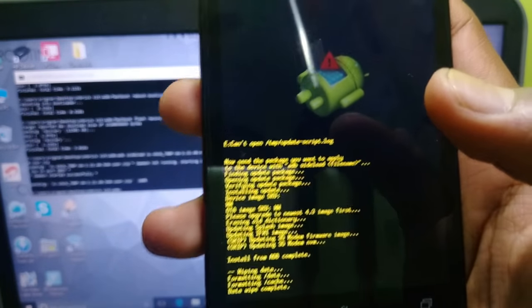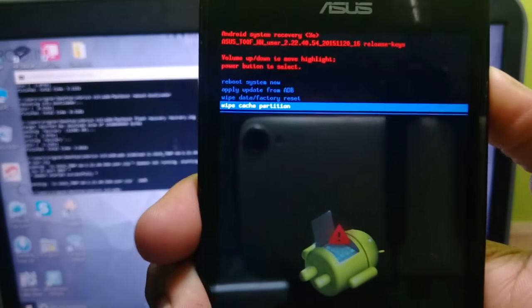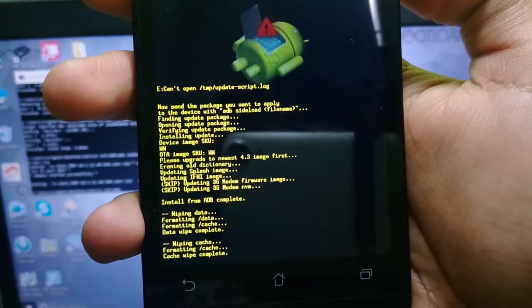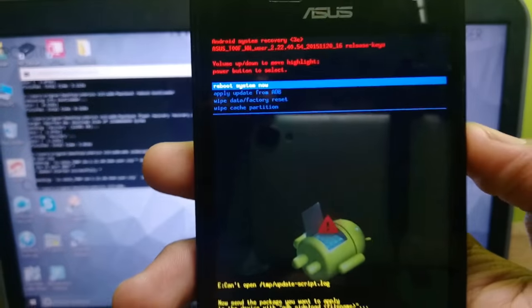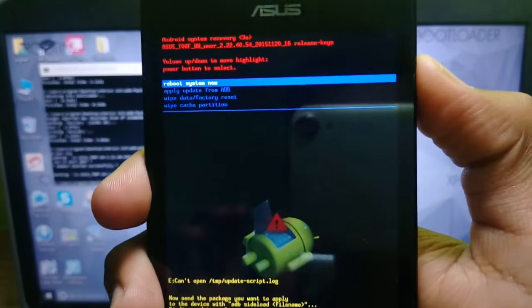The factory resetting process is complete, and now we need to wipe cache partition. So guys, this is also over, and now we need to click on the reboot system now.